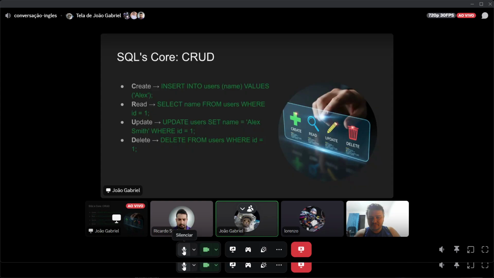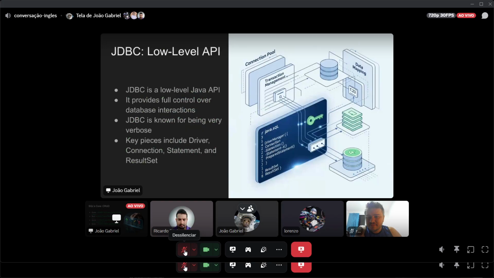But anyway, talking about JDBC, Java Database Connectivity. It's a low-level API and pretty hard to work with by today's standards, as we need to open a connection, close a connection, use try-with-resources, point to the driver, and sometimes work with the DAO pattern, the data access object, just to try to make it a bit less painful. Create a pool of connections and don't exceed it. It's very, very painful.